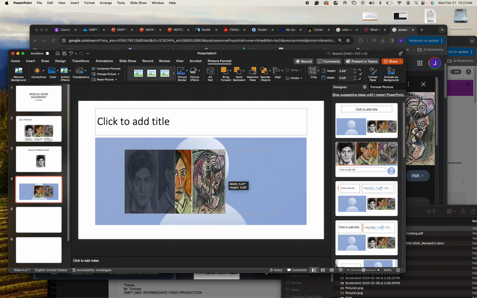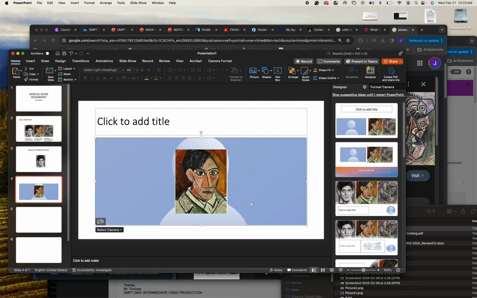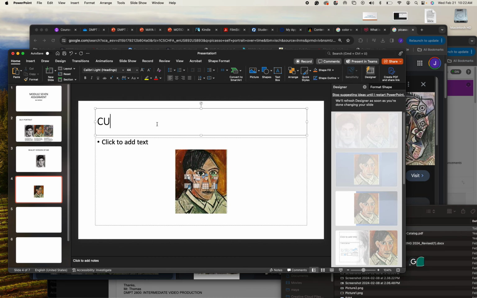cubist version of me. The cubist version of me. And then finally,